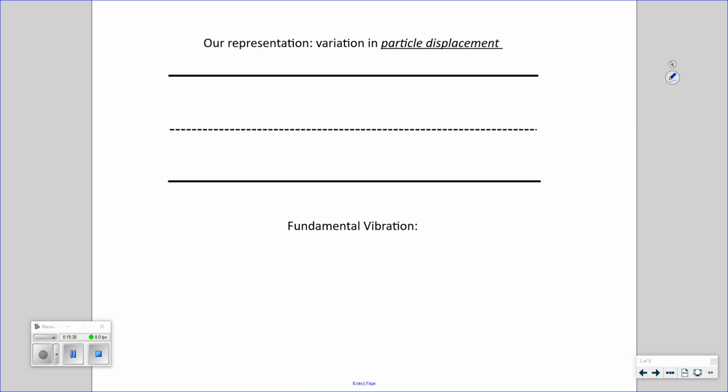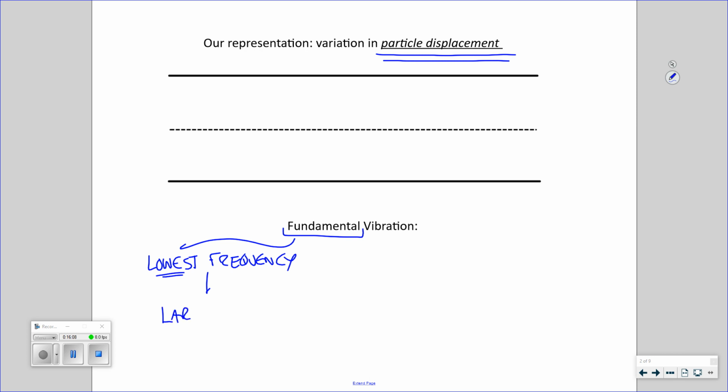All right, so here's a tube that's open at both ends. It's the same thing we just drew, but I'm going to draw it again and talk about how we can characterize what is called the fundamental vibration for an air column that's open on both ends. Remember, we're going to focus on the particle displacement. Fundamental vibration means lowest frequency,